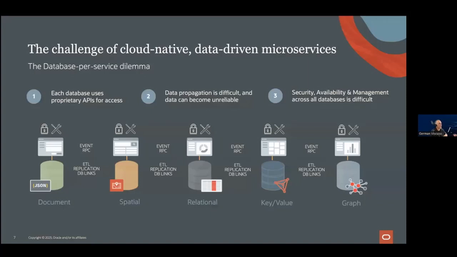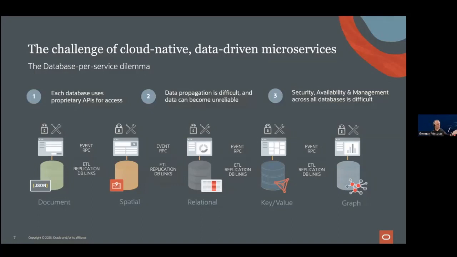They might go with, I don't know, a document store, for example, to give you an idea. There's another microservice, same company, and they decide to go with spatial because they are dealing with spatial information, et cetera, et cetera. So you start having this zoo of multiple databases, different technologies, different security approaches, different maintenance,